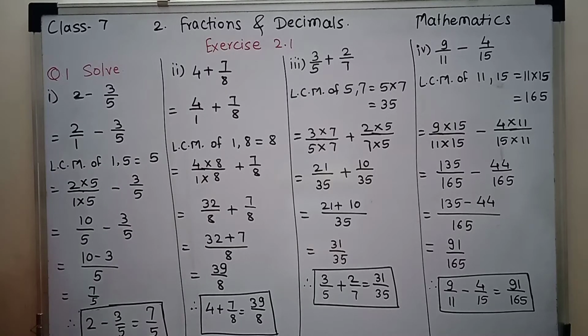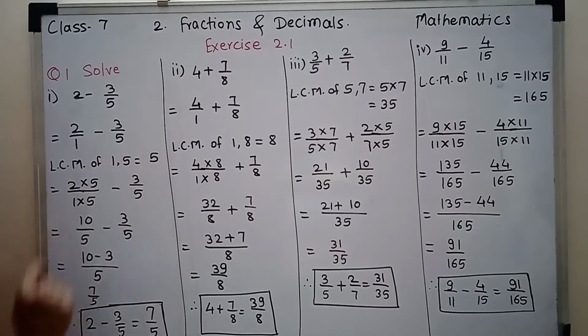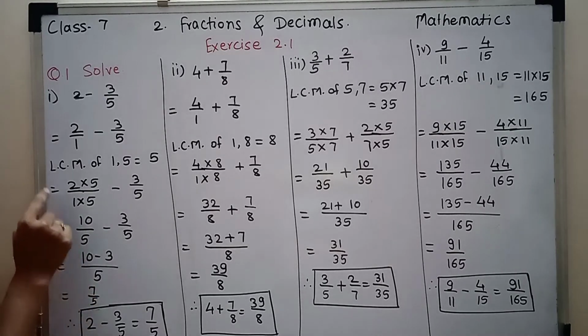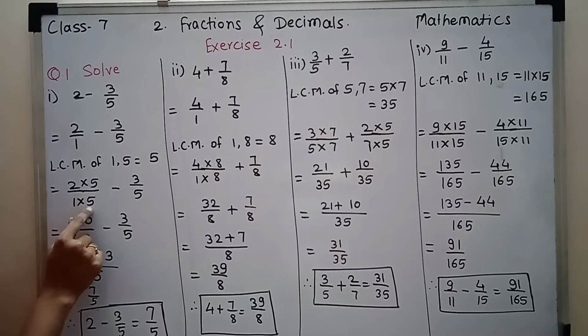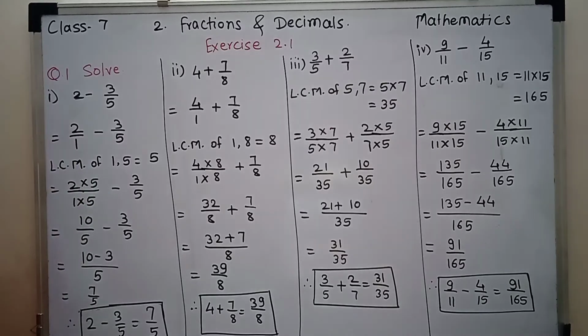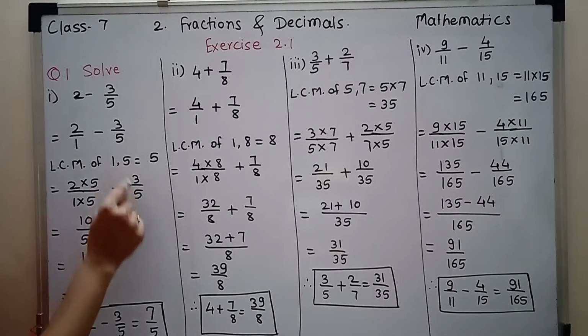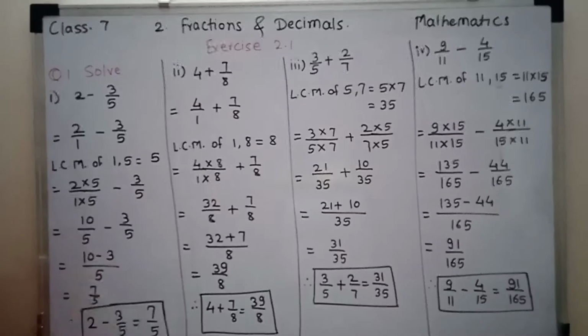How do we calculate it? The LCM of any number and 1 is always that same number. We have already learned this in the previous lecture. The link is given in the description box. So we need to make the 1 equal to 5, so the denominator should be multiplied by 5. As we multiply the denominator by 5, we should multiply the numerator by 5 as well. Why? So the value of the fraction will not change. Minus, here 5 is already present, so no need to do any multiplication. Keep it as it is.